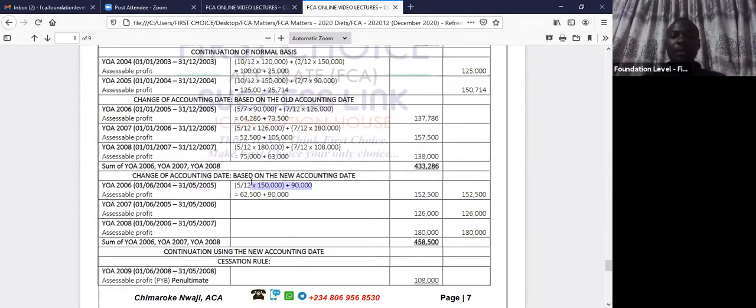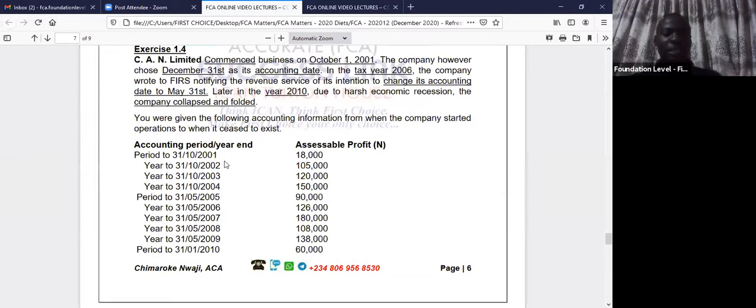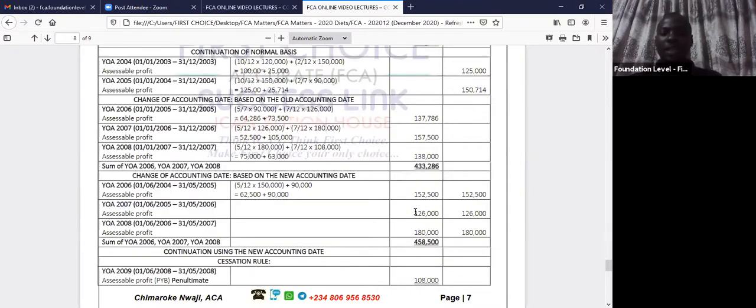That's this year. Okay. Then the second year, I'm going to be looking at 2007. I'm going to be looking at 2006, June 1, 2005 to 31st May 2006. Good, they gave it to you, year ending 31st May 2006. Take the whole figure without adjustment, and that's it here.